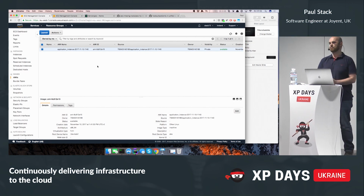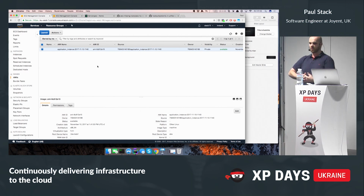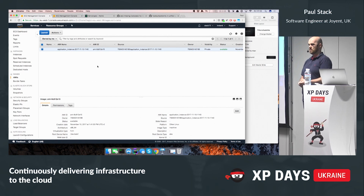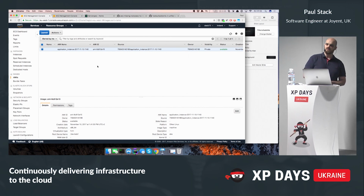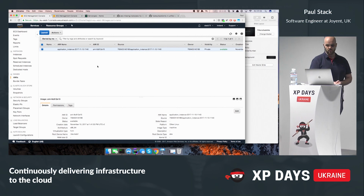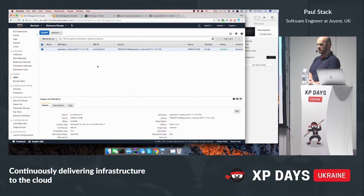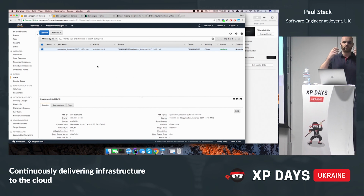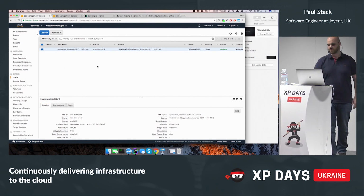Okay, so I can deploy. I use my AMIs in much the same way as people use Docker containers. I bake my applications into my AMIs in advance. I know some people don't like that. This is not me telling you that this is the way you should do it. You can do much of everything that I'm showing you today with Docker, or Kubernetes, or all of these different scheduling tools. This is just about thinking your process through. Nothing else. So I baked an AMI,